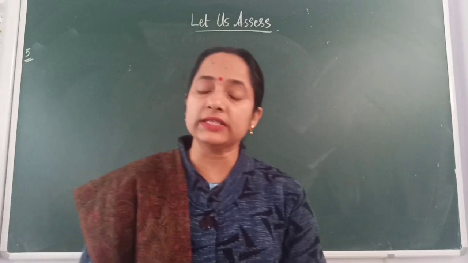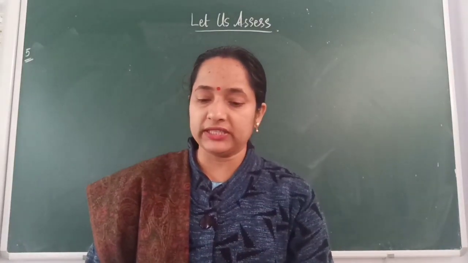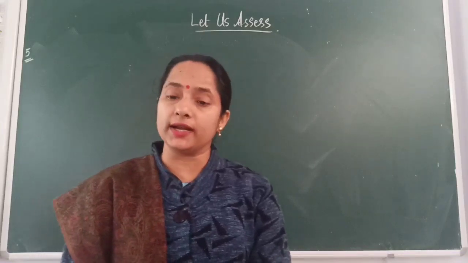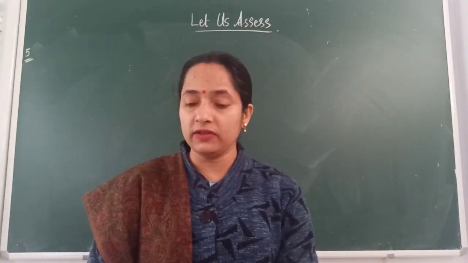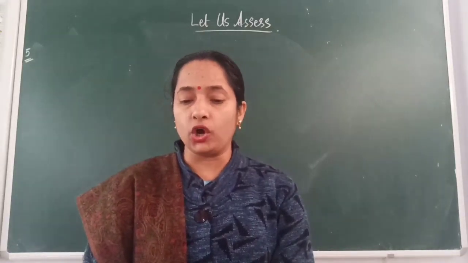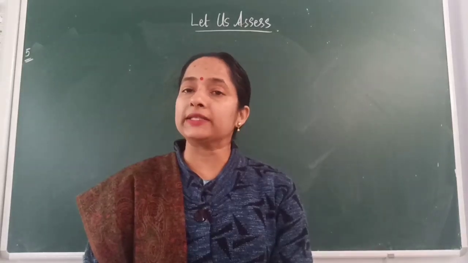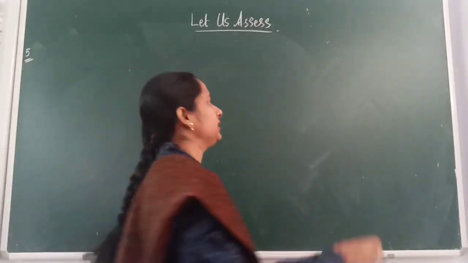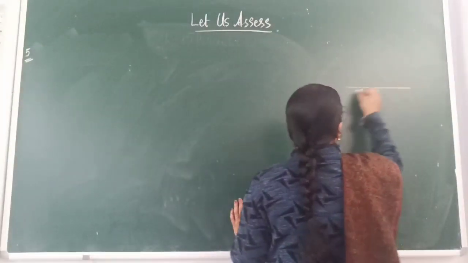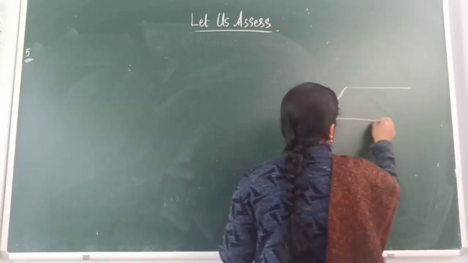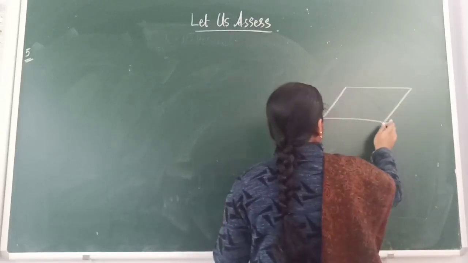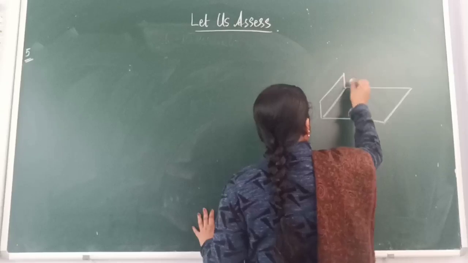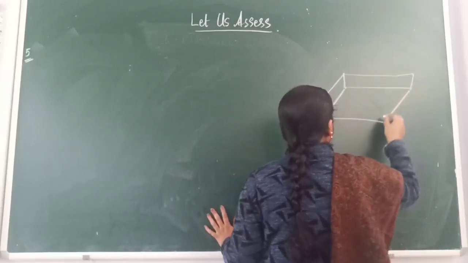Question number 5 is, a man bought fencing for his rectangular plot measuring 105 meters by 95 meters at the rate of 10 rupees 50 paise per meter. How much did he pay for the fencing? So generally we have started understanding the concept of perimeter with the help of fencing only, isn't it? I drew a fencing and showed you all.